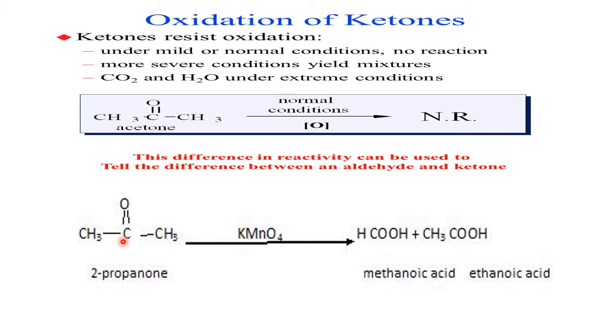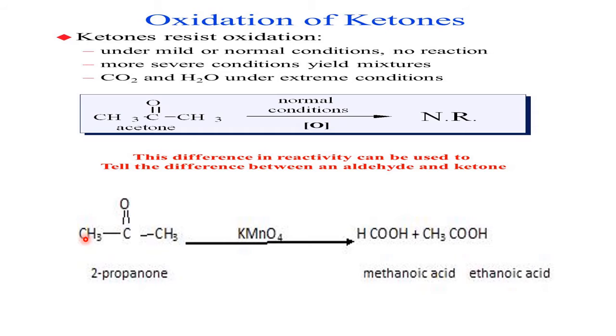So if we are using a symmetrical ketone, the C double bond O will go with this side or that side, immaterial, because both are the same. Whereas in the case of an unsymmetrical ketone, where one side is methyl and one side ethyl, or one side ethyl and one side propyl, the C double bond O will prefer the smaller alkyl group. That rule we learn in higher classes under the mechanism of oxidation of ketones under drastic conditions.